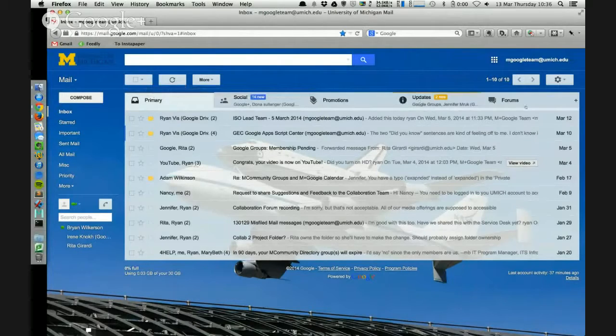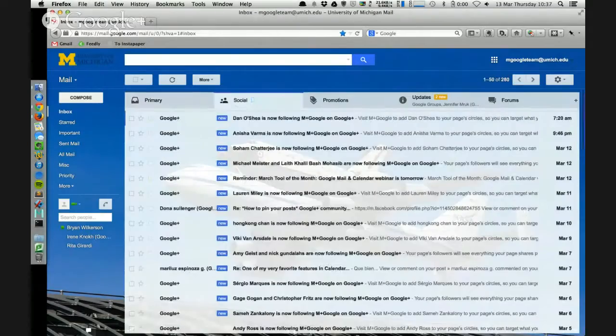You'll notice that we have all the tabs here, and this one's fairly active, and you'll notice that there are 14 new messages in social and 2 new messages in updates. This is not an unread count, it's just a number of things that are new in that account. So I may actually have filters that are pushing things to the social tab that I just mark as read. I don't want my Google Plus notifications to mess up my unread message count, but I still want to know when they come in. That's what 14 new is indicating here.